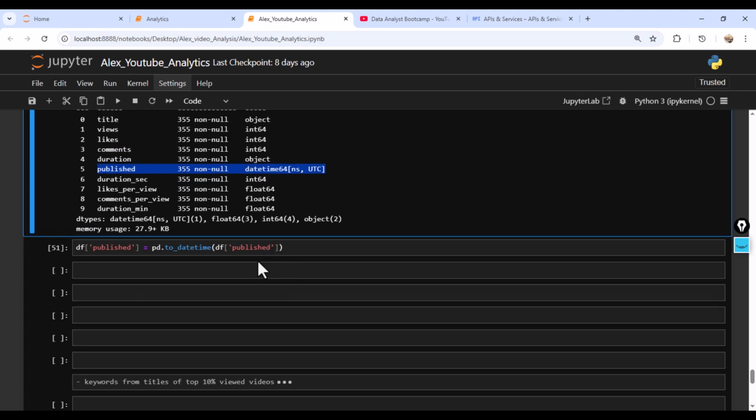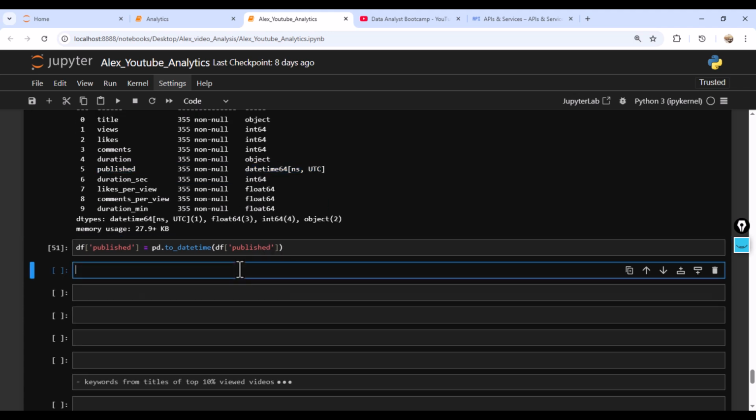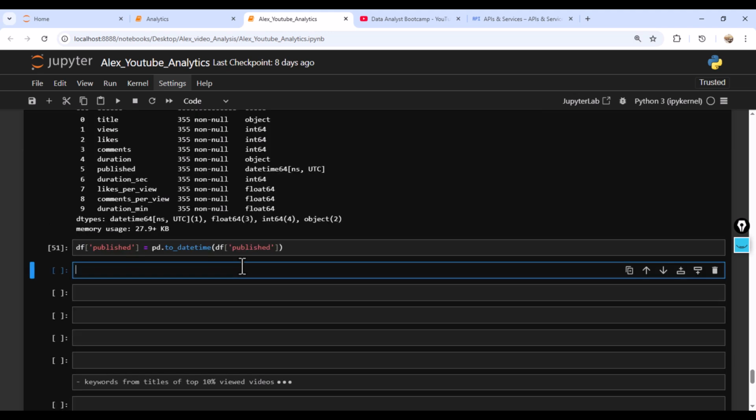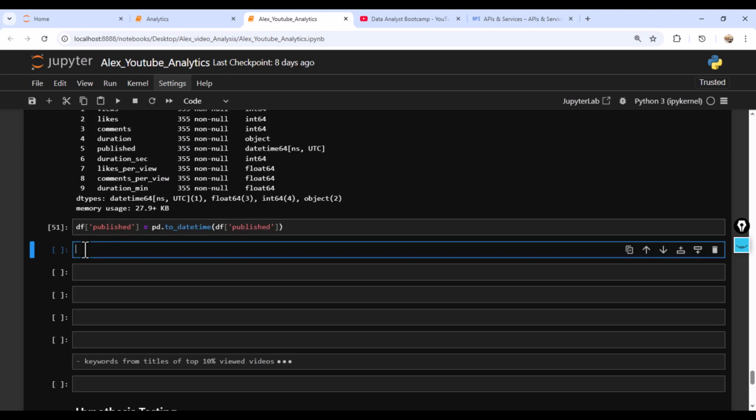Then after that, we'll extract the year and month from the published column. We needed the year and the month in order for us to group them in a quarterly manner. All right, let us move to the next step. The next step here is to group all those published dates in a quarterly manner. So let us achieve this by using the published column,